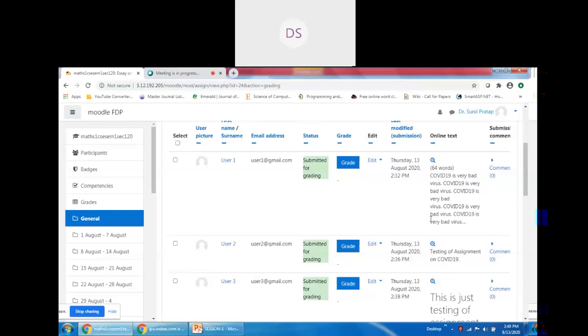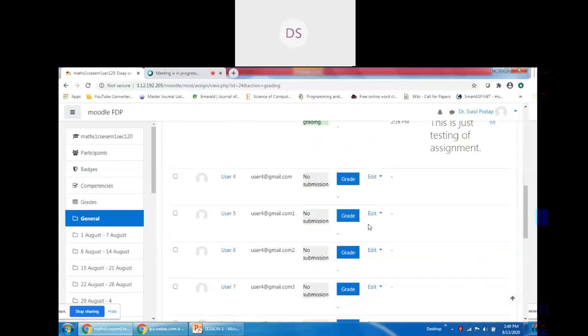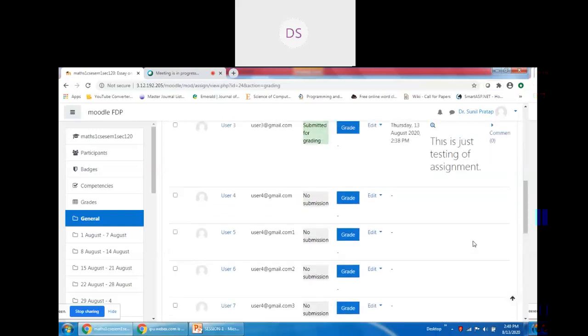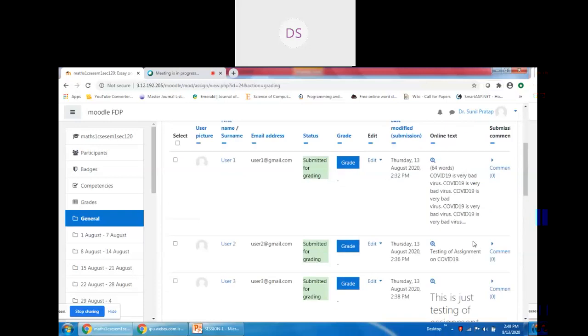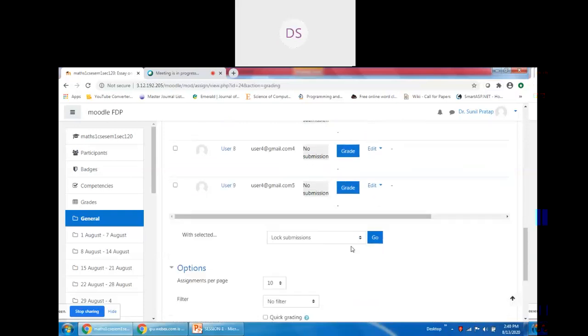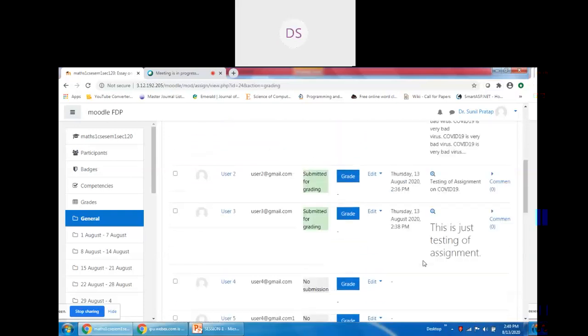Sir, may I say something? Yes. Actually, sir, when you created the first assignment and were ready to submit it, you checked one statement just before the text box, and that automatically submitted the assignment. Sure. So now we can see that out of these 9 students, 3 have submitted their assignments.